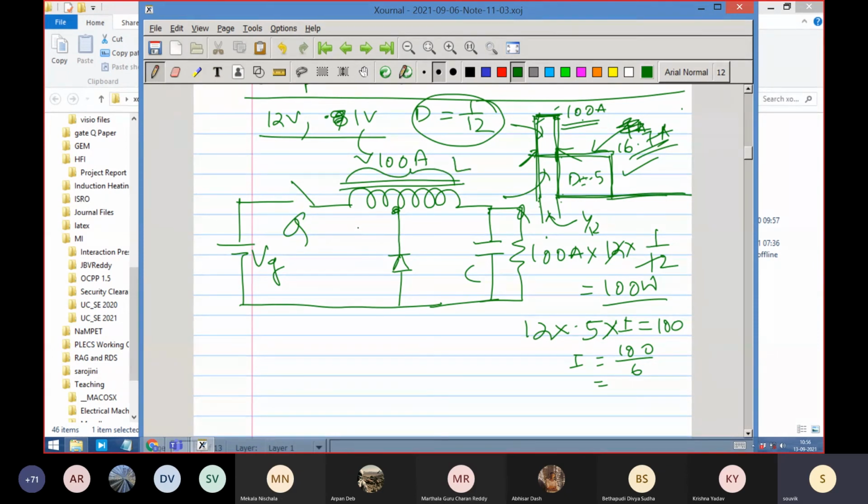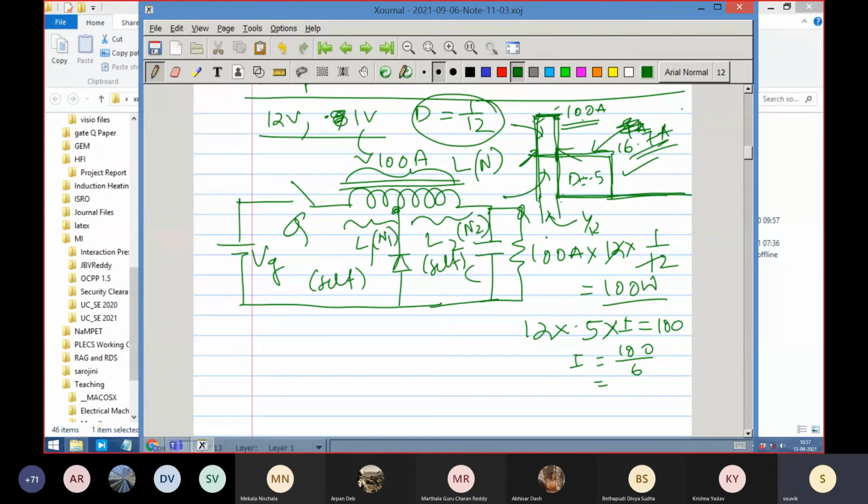I can say that the first part of the inductor, that means this part of the inductor, is L1. This is self-inductance, and the second part of the inductor, self-inductance, is L2. Self-inductance means only that part of the inductor will be carrying current. The other way we can define it is as number of turns. So I can say that L consists of number of turns N, the L1 part consists of N1 turns, and L2 consists of N2 turns.